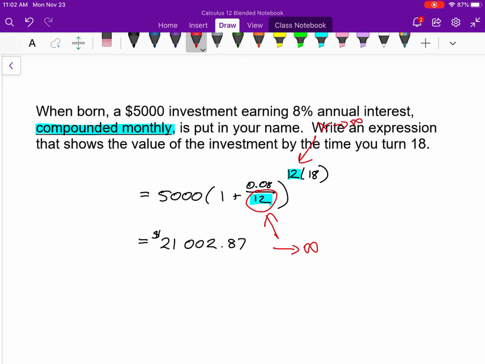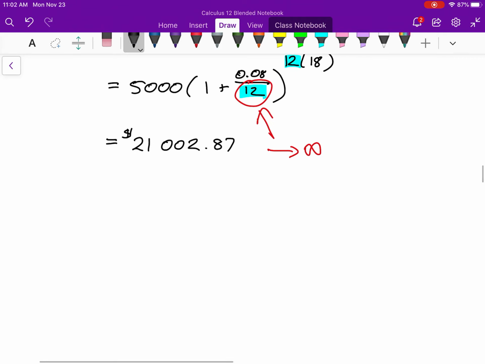So what happens? Well, that idea of this approaching infinity means every instant, which means not 0 time, but infinitely close to 0 time, we have a new compounding period. And every instant we get an infinitesimally small amount of extra interest added. Not 0, infinitely close to 0. It's a weird idea, but what that really means, what it looks like, is if you have something